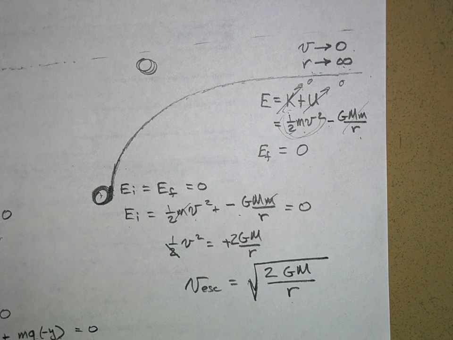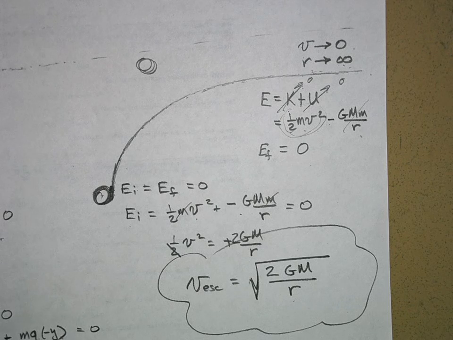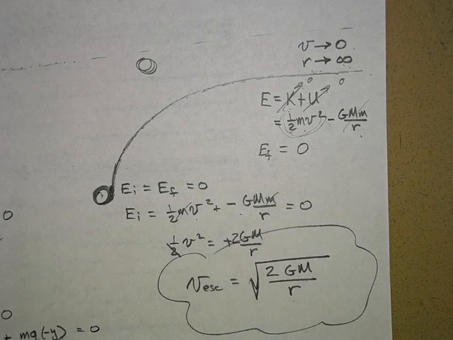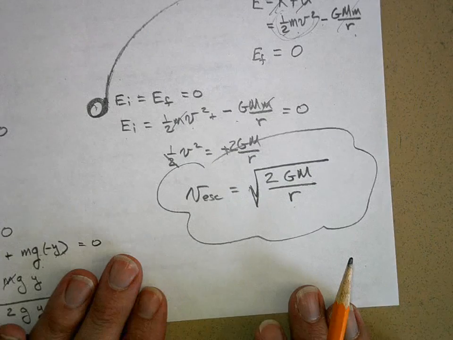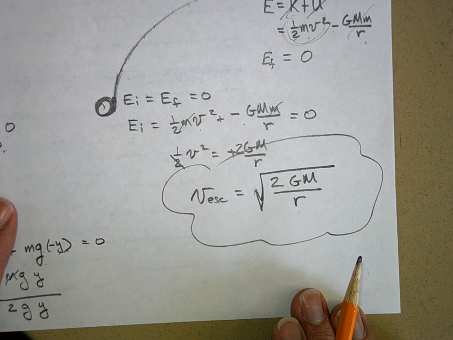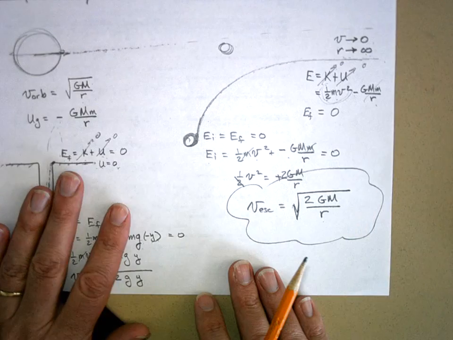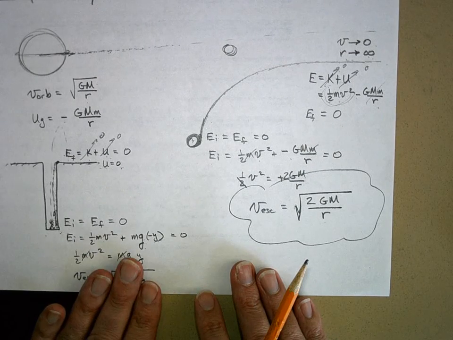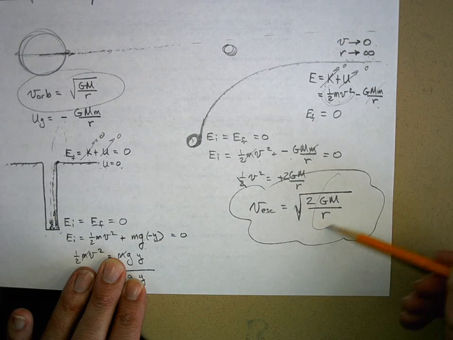So this is our escape velocity equation. So let's summarize now everything you need to know about. Oh, wait. There's one cool thing about this. Let me zoom out. What's the orbital velocity equation? Square root of GM over r. And look, here we got a square root of GM over r.